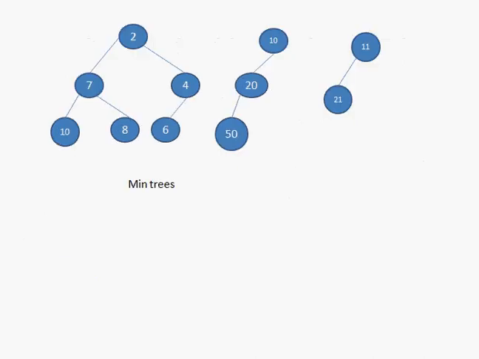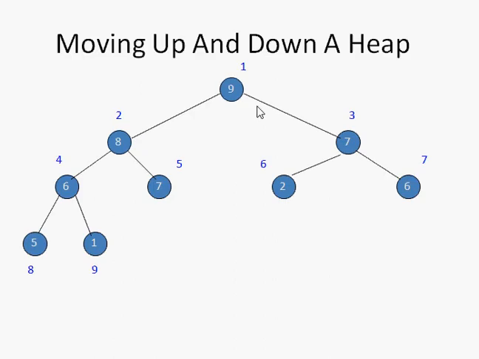Now let's see how to insert an element onto this max heap. So we are discussing max heap. So this is a max heap. Is it a max heap? You have to understand: every node is having a value higher than that of its child. So definitely this is a max heap. What if I want to add an element onto this heap? Where to add? That's the question. And what is the value of the element which you're going to add? That again is a question.